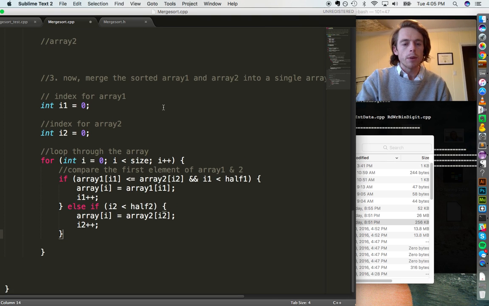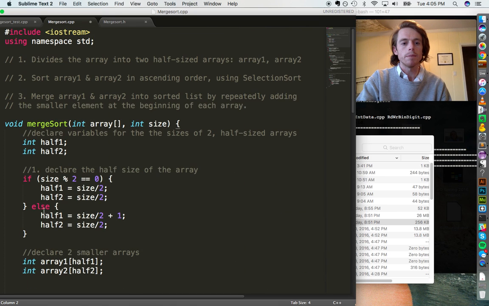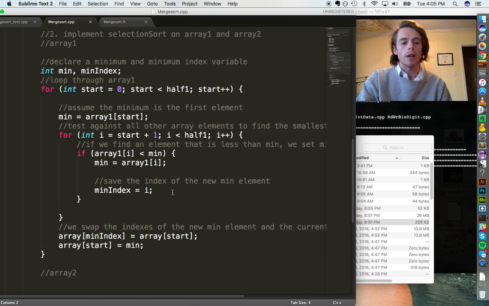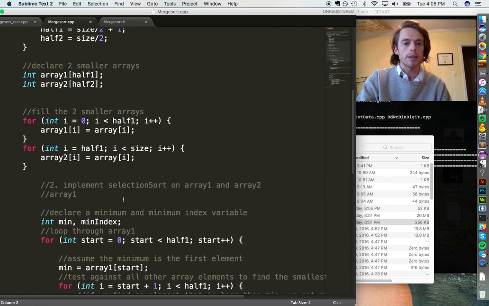At this point, we will have an array that is populated with sorted elements from both the array 1 and array 2 list. So I'm going to go down in this lower bracket and then finally make sure this closes the function. Great. So implement selection sort for the second array by yourself,